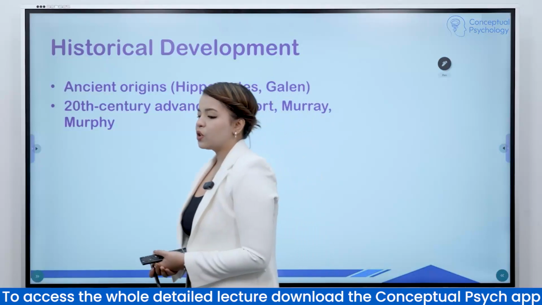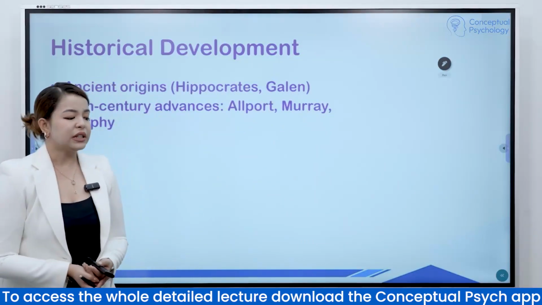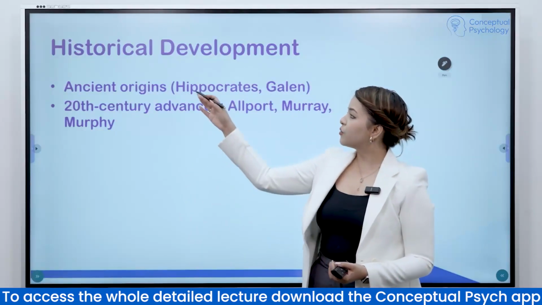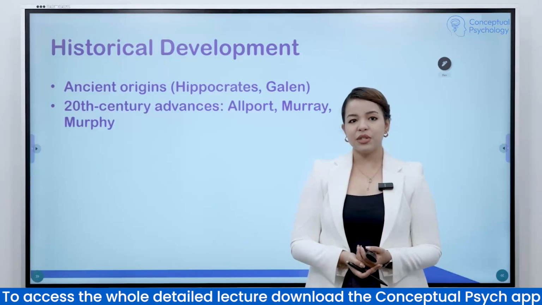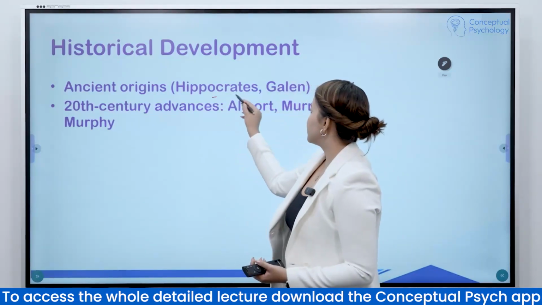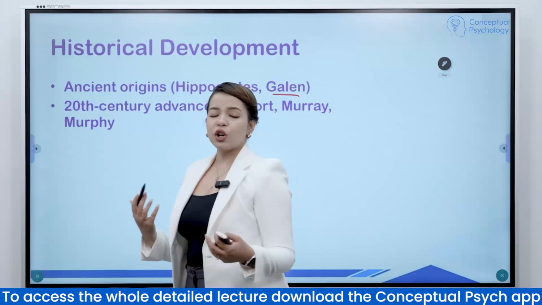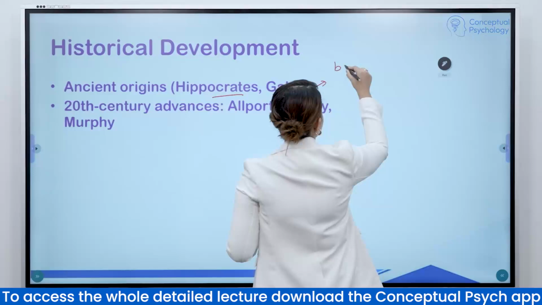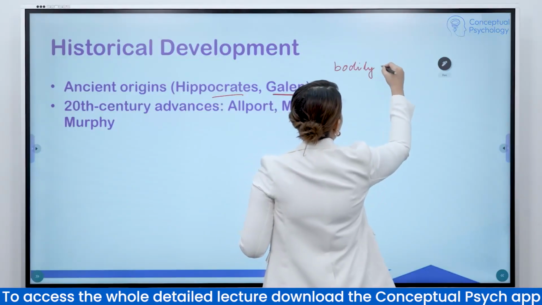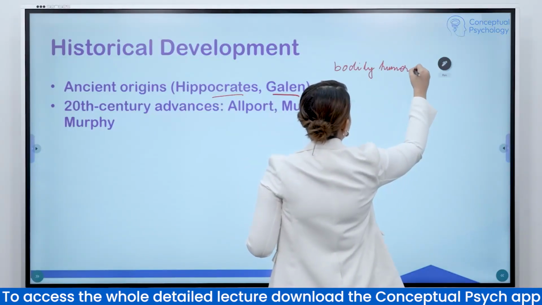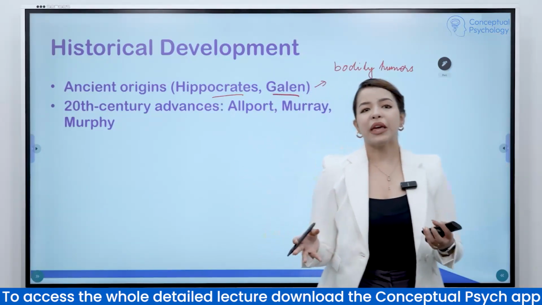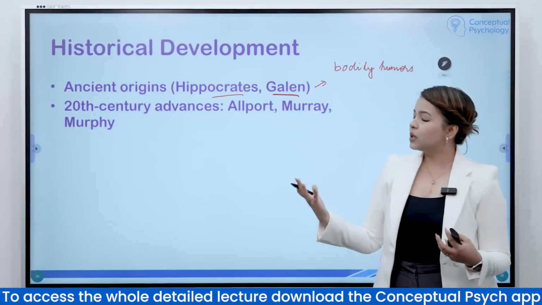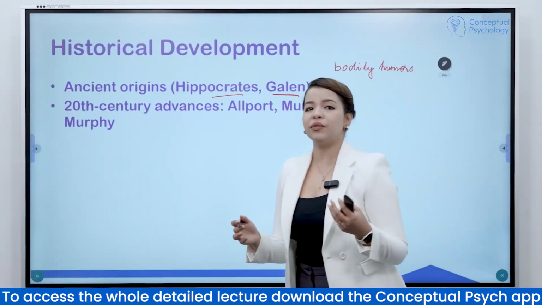Okay, so when we talk about the history of personality, the study of personality has deep ancient roots. Starting from the ancient medical systems such as those of Hippocrates or Galen, who classified individuals based on what? Bodily humors. So what did they say? That based on bodily humors or the bodily fluids that one has, individuals can be classified into different types like